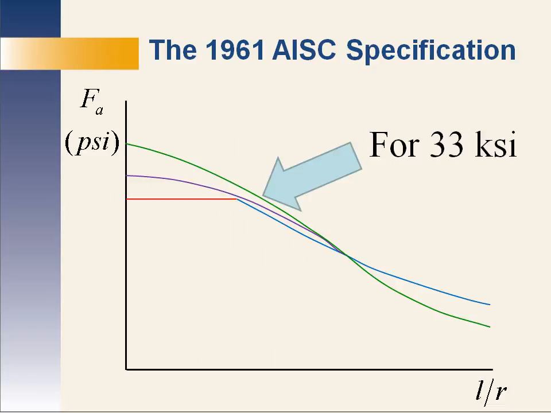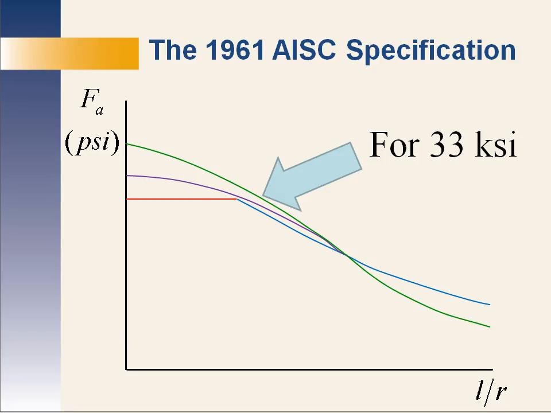This plot illustrates the comparison between all of these years that I've covered. You can see for 33 KSI steel, which is fairly similar to what we would have been designing earlier, we're doing a little better in the inelastic range. In the elastic buckling range, we're lower than previous predictions. That's primarily due to the variable factor of safety. Although the concept of effective length was discussed in the commentary, you can still see L over R.